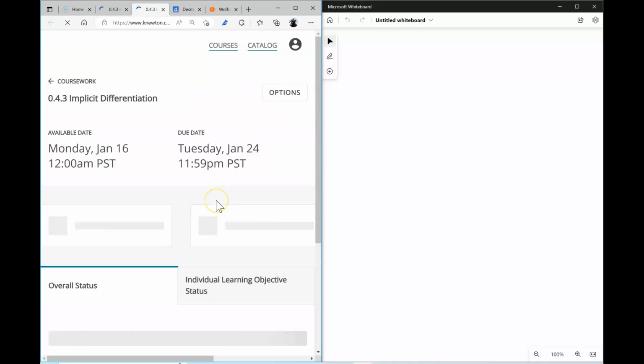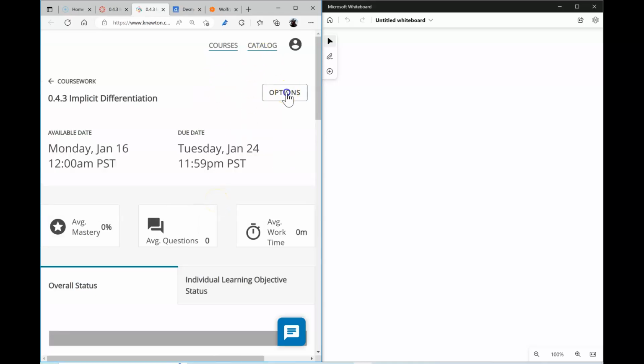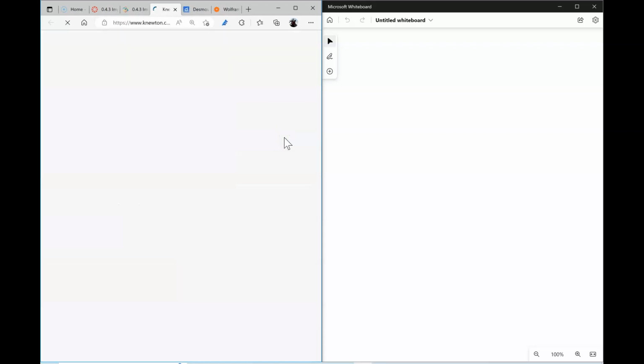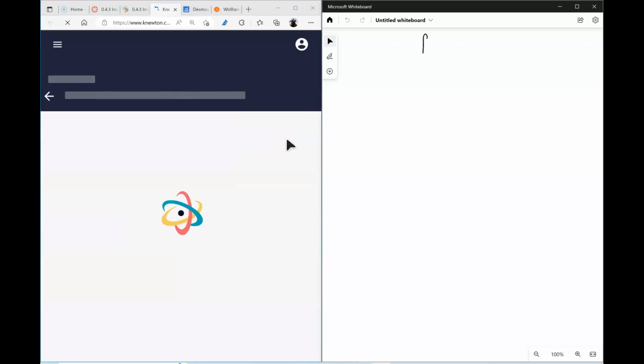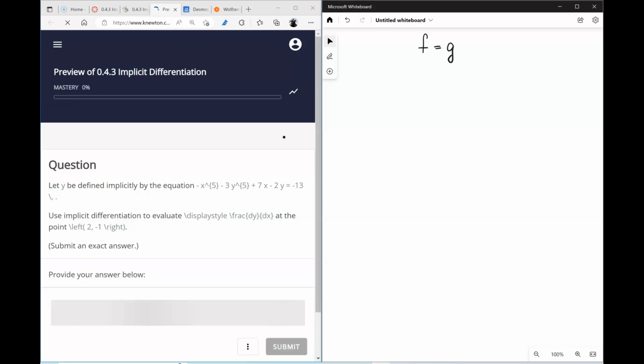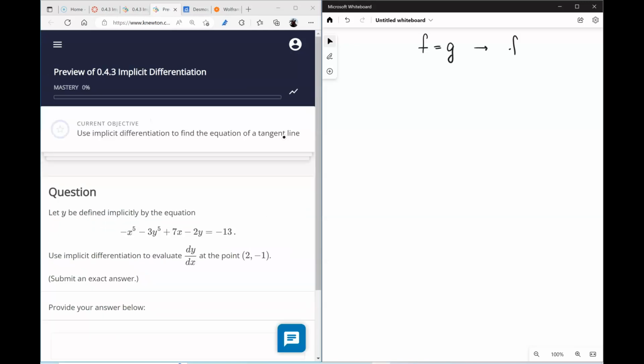And real quick, the idea of implicit differentiation is very simple. It basically says if two functions are the same, then their derivatives must be the same. And this simple idea allows us to find derivatives of functions that are defined implicitly. And this process is called implicit differentiation. So in this case, we have a function defined implicitly, and